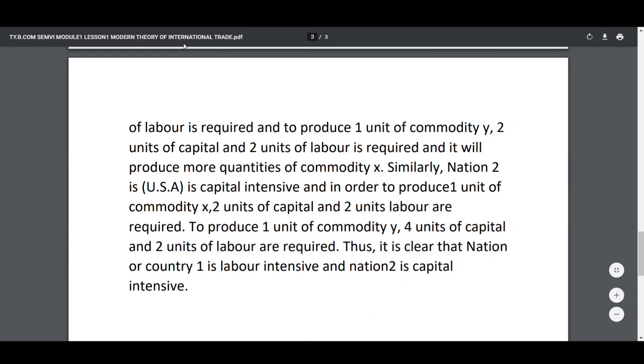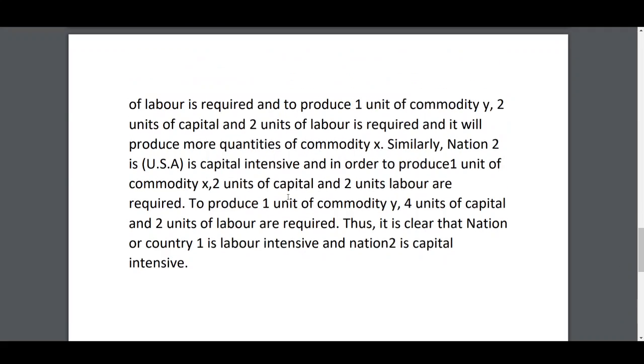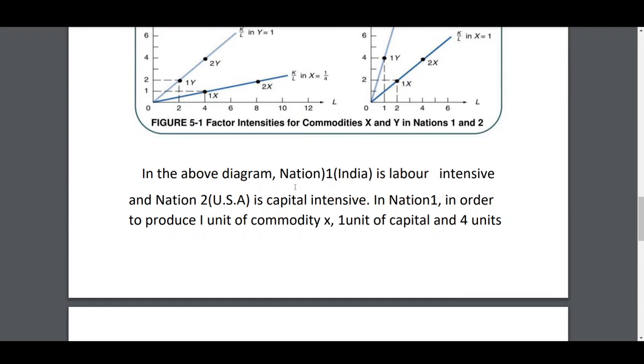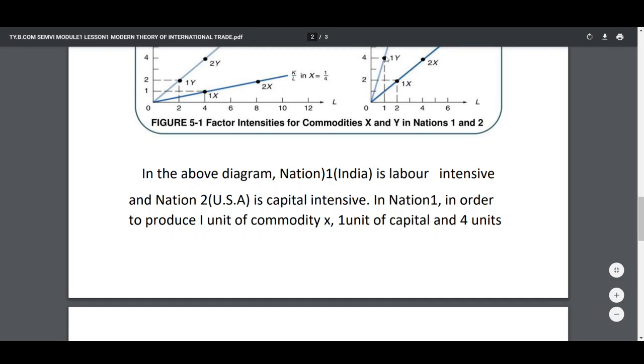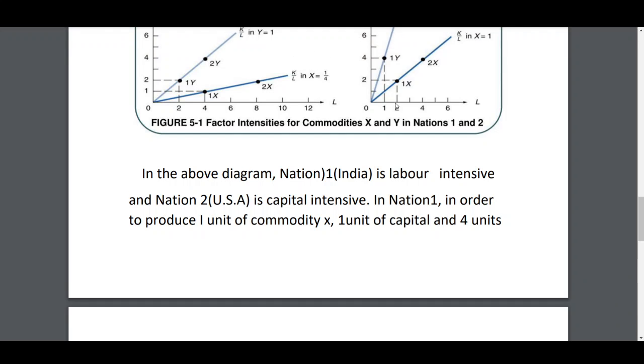In the case of nation 2, that is USA, it is capital intensive, and in order to produce 1 unit of commodity X, 2 units of capital and 2 units of labor are required. And in order to produce 1 unit of commodity Y, 4 units of capital and 2 units of labor are